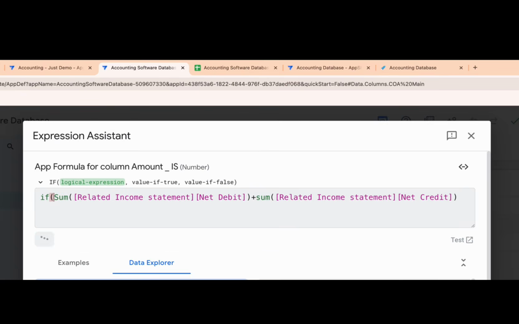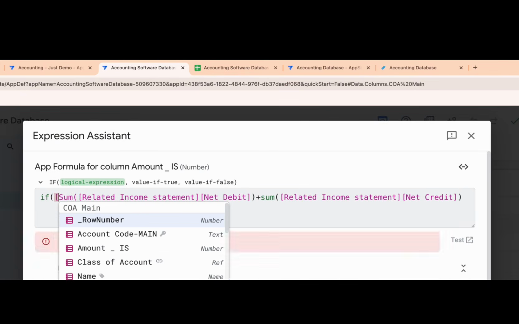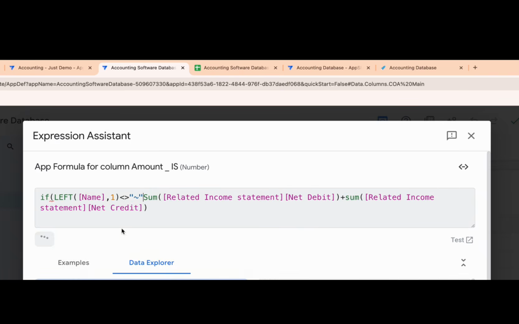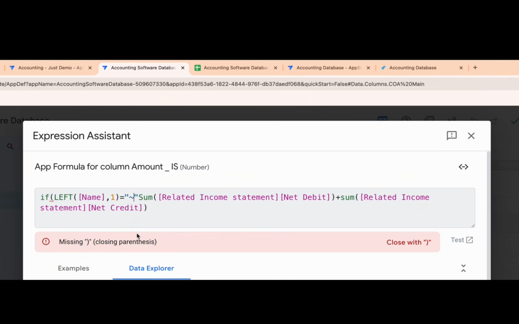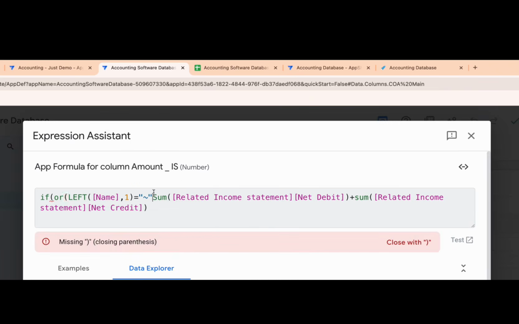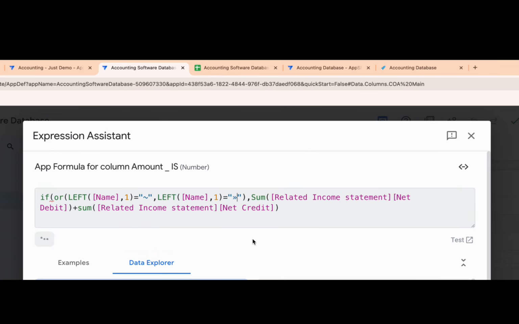I'm going to say if, let me just copy paste this. Why do I keep trying to? If this one equals this, where's my or statement? Or, comma, closing brackets, comma, paste it again, equals, Control C, this.